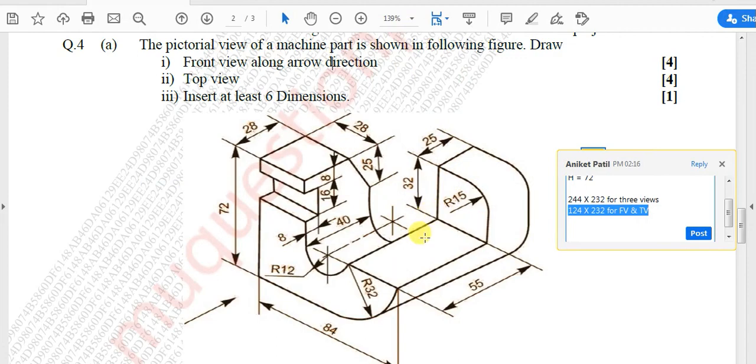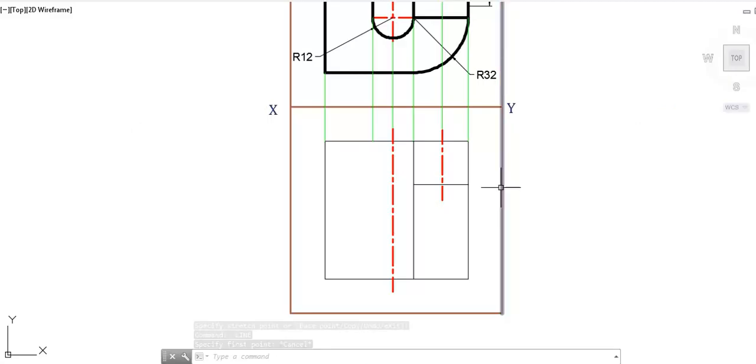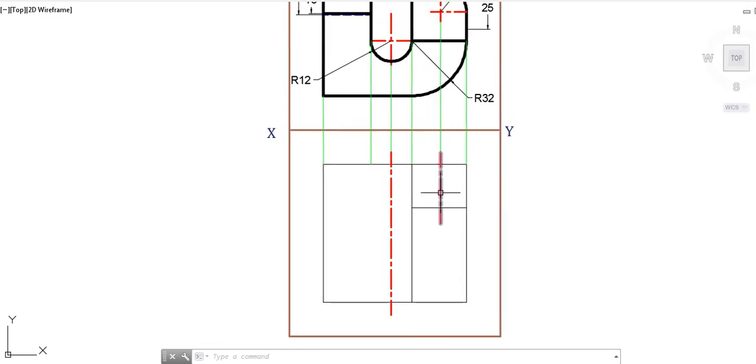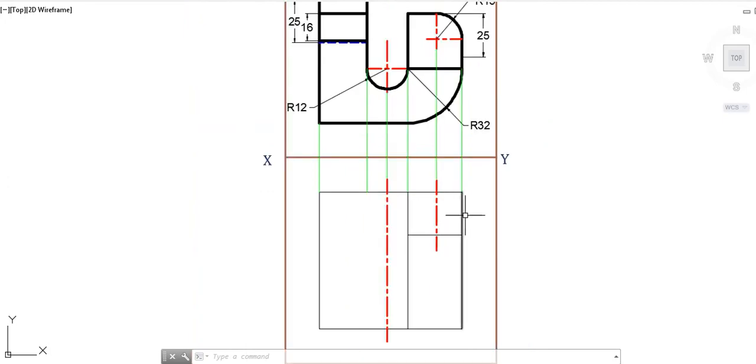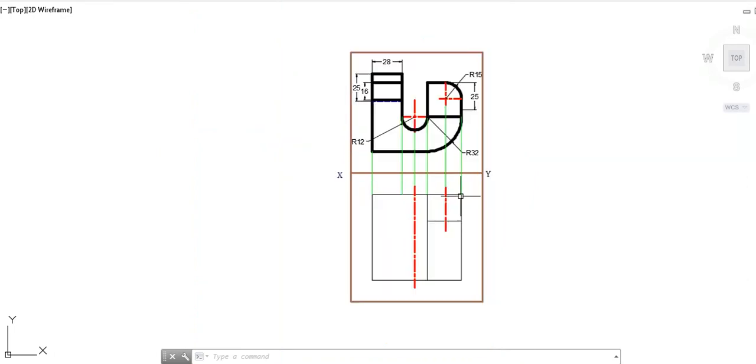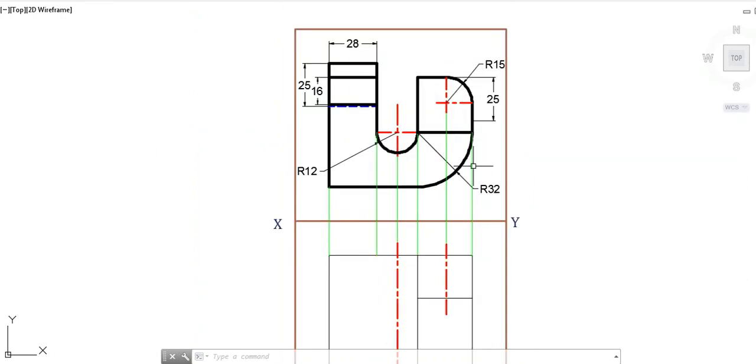In the end we can see there is a rectangle here and there is another rectangle, and hence we are able to see two rectangles. The presence of the center line indicates that there is some portion which is rotated about the center line, so it's a curved portion. That is what the indication of this particular center line is all about.